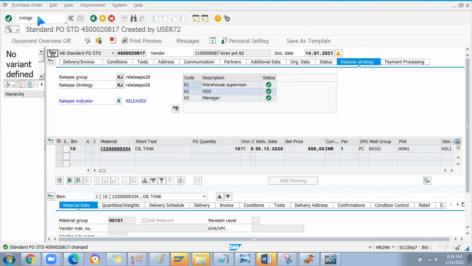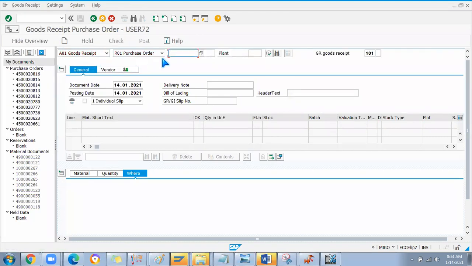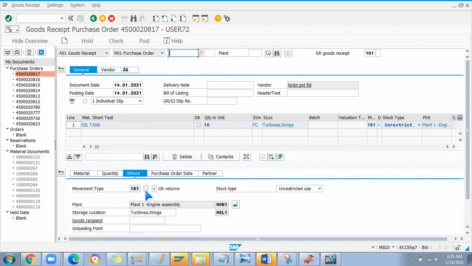Now if I go to MIGO and enter this goods receipt only, I'm not going to do a return. Enter GR, enter the PO. The system will understand by looking at the PO screen where the return checkbox is set. Then it is not like 101. Here you can see 101, but at item level you can see 161. That's why I told yesterday, I think I have told, I'm going to discuss the difference between 122 and 161. Definitely you have to practice this session completely. Then in the interview, this is a major question that will be asked.